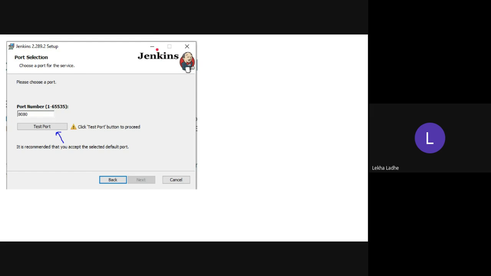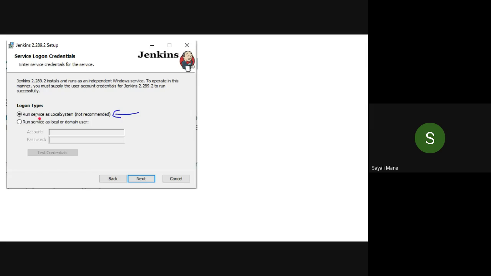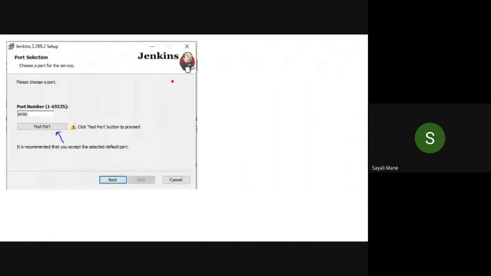Ma'am, we have to click on local system? Yes, here, because you don't have an account and password, no? After clicking that, click on the next one and you should get this screen.